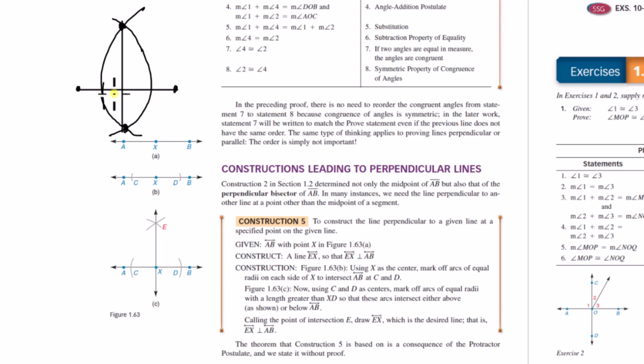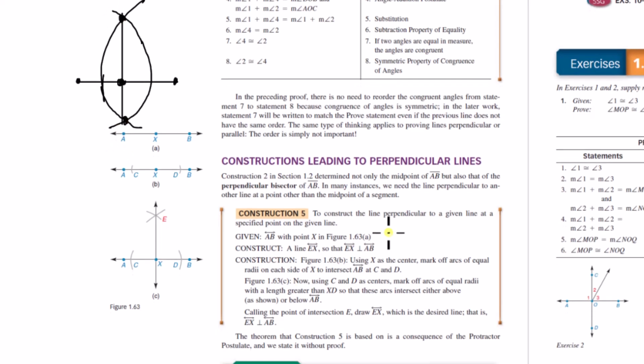I didn't draw this correctly here, but now they're saying, the only goal there was to get the midpoint. There's the midpoint of the line segment. But now they're saying that we can use the same procedure to get a perpendicular line here. They're saying that also what we were doing was drawing the perpendicular bisector of that line segment. Okay, so